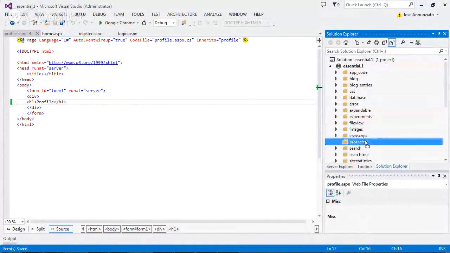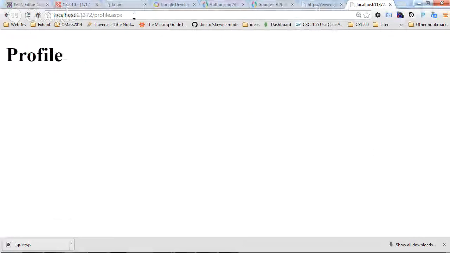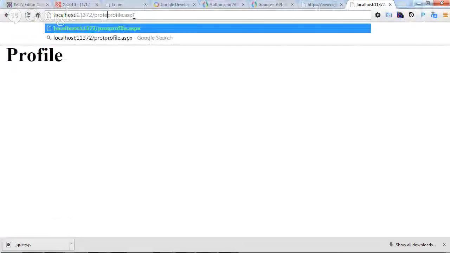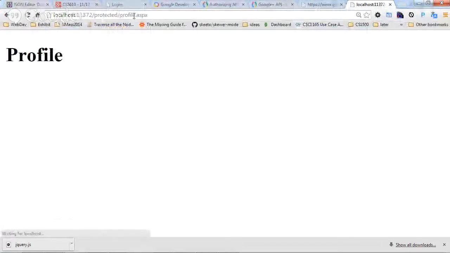We're going to put it in protected. I'm going to protect anything that is in that directory. Right now, it is not protected. I can say protected, and I can still go in there. So the way we're going to protect it is